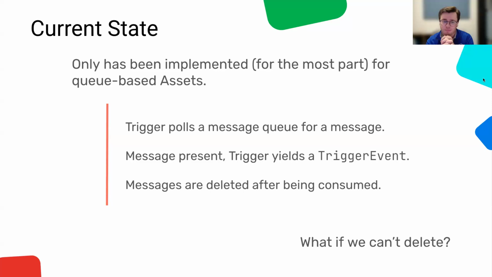So think about S3. If you want to trigger a DAG when a file lands in S3, I can't delete that file really, right? Maybe I could, but for a lot of data engineering teams, that's not a viable pattern. When a file lands in S3, I shouldn't be processing it and then deleting it. S3 is really a long-term object store. And so that's the constraint that we ran into.